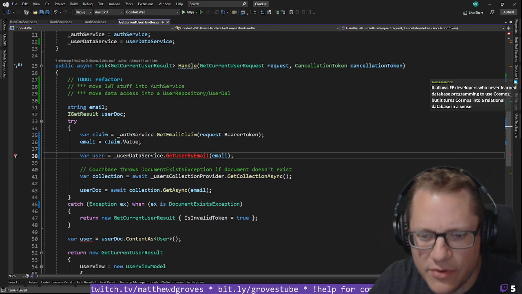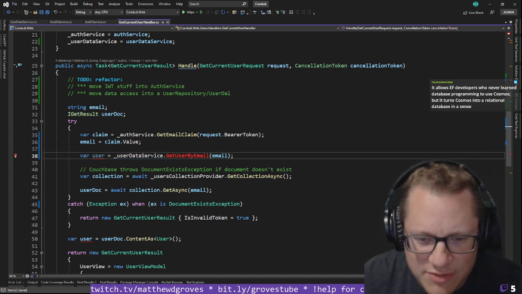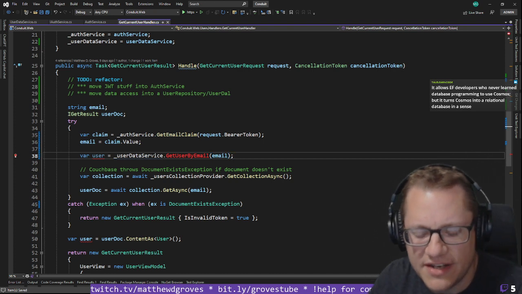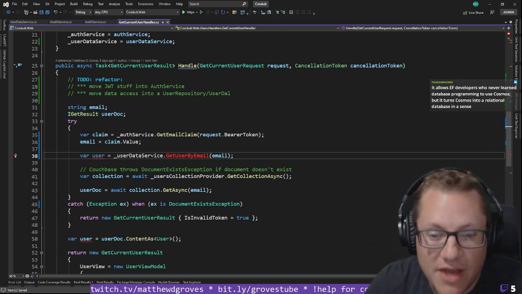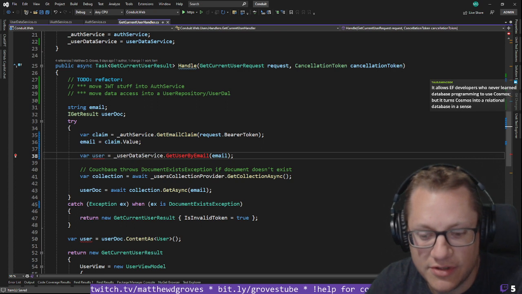It allows EF developers who'd never learned database programming to use Cosmos, but it turns Cosmos into a relational database in a sense. Yeah, I'm not disagreeing with you at all. I think you're absolutely right. But